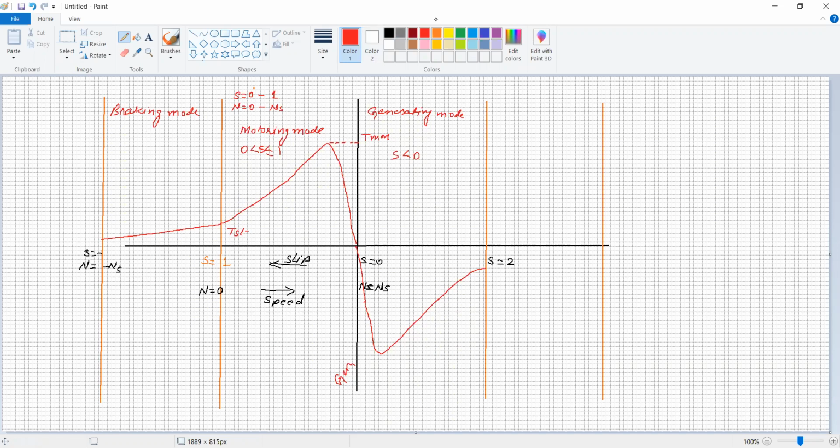And our operating region again remains as a motor. The operating region will remain in this part of the region. As the load increases, the speed of the motor decreases slightly with an increase in the slip, and torque also increases. So this is the torque slip characteristic of a three-phase induction motor. And when the rotor runs in the opposite direction to the magnetic flux, under such condition the slip is greater than 1. So these are the three regions of the three-phase induction motor.